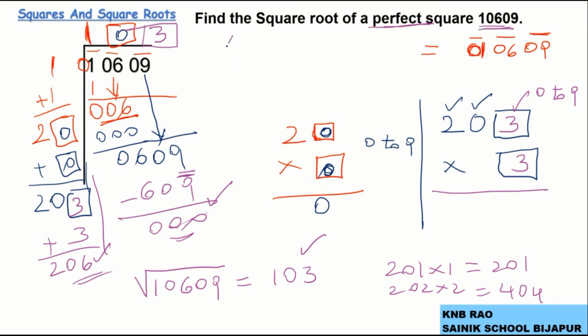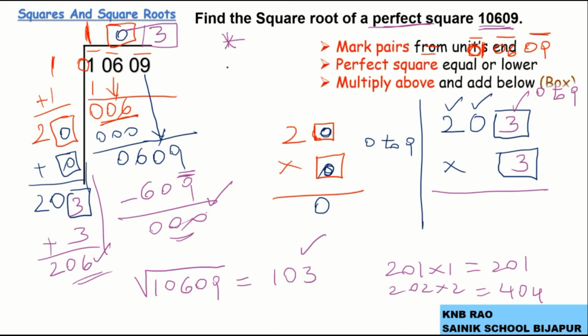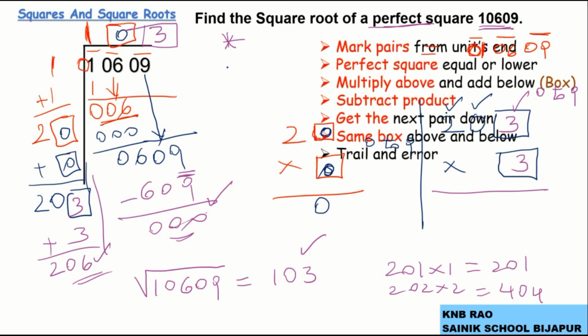Students, this is a very important question because you are getting a situation of choosing a 0 as a digit in the square root. Be careful, practice this question once, twice to get perfection. Now these are the steps, rules what I have followed.